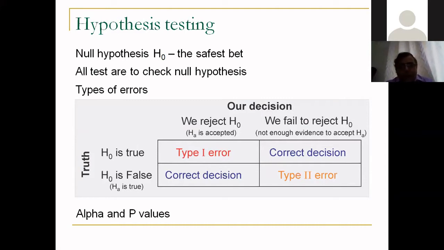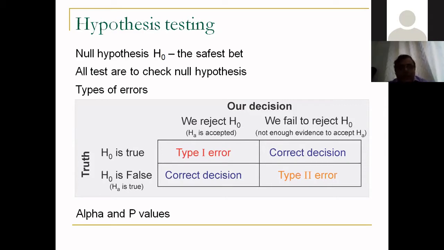It is important for us to know that whenever we do any kind of statistical analysis, we are only concerned about the null hypothesis. All the statistics that we use in biology, or for that matter any science, is only to check the null hypothesis. We never prove or disprove the alternative hypothesis. We only prove or disprove the null hypothesis. Somebody might ask, why are we concerned about the null hypothesis so much? And the reason for that is hidden in the concept of types of errors.